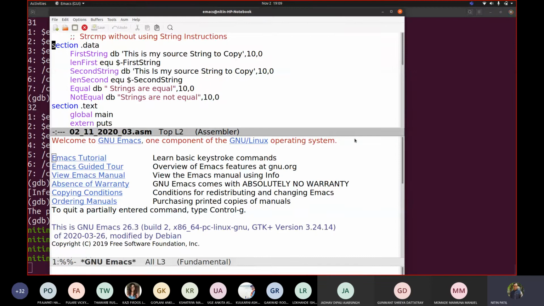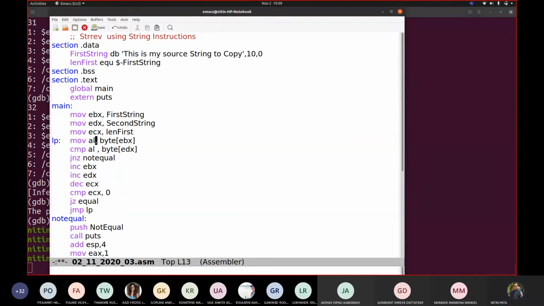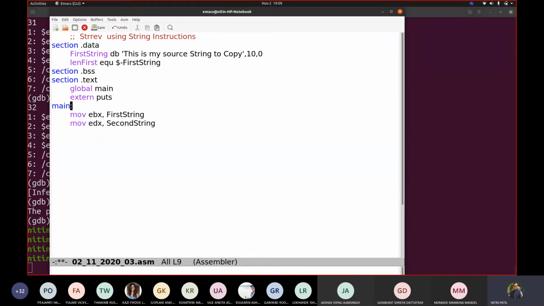I am saving it as 0203.asm. So I am saying string reverse using string instructions. Let us say we have first and second declared. We'll delete this and we'll write here section .bss. I'm removing everything in section .bss. I'm now declaring the reverse string with resb, reserve byte.